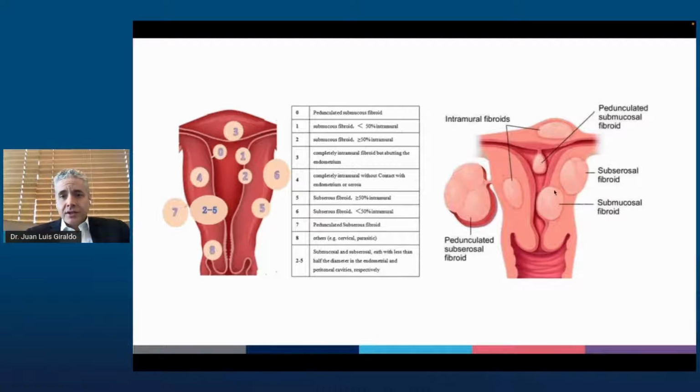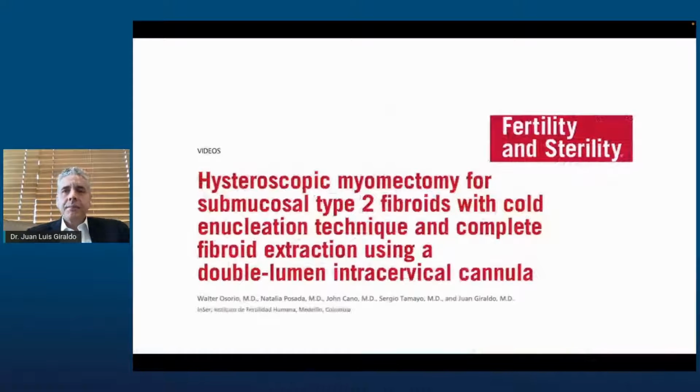So these are the fibroids we're worried about, the ones that have most of their volume inside the myometrial wall. So that's why we developed and published this technique. We published it in 2021 in Fertility and Sterility. It's called Hysteroscopic Myomectomy for Submucosal Type 2 Fibroids with Cold Enucleation Technique and Complete Fibroid Extraction using a double